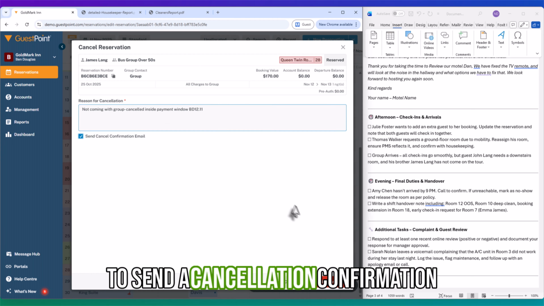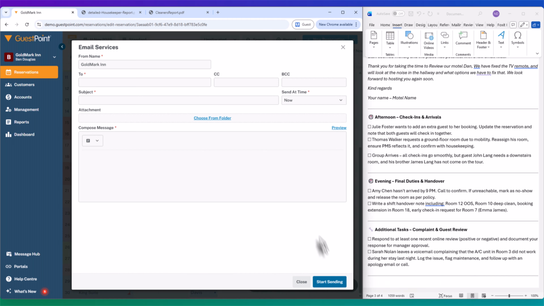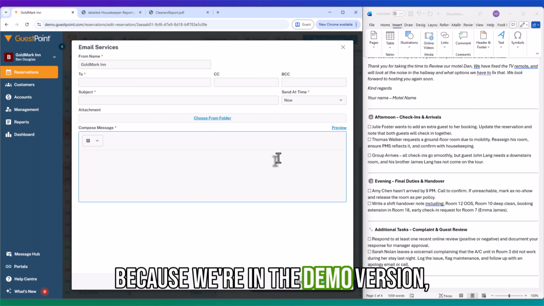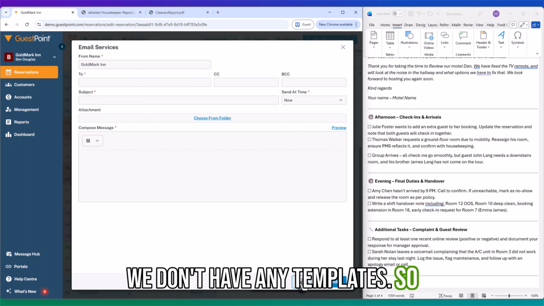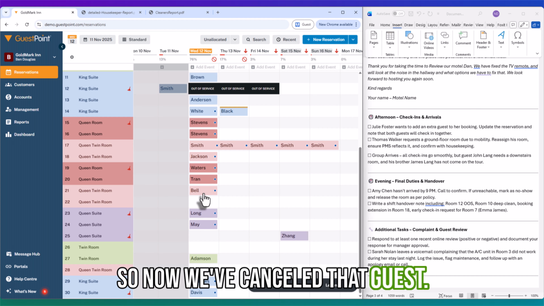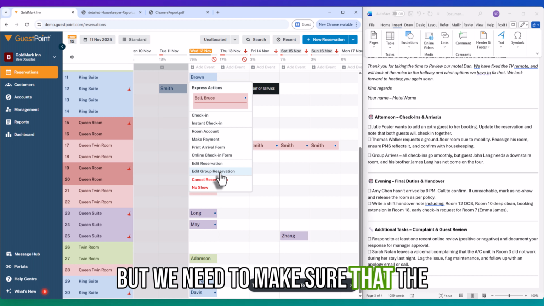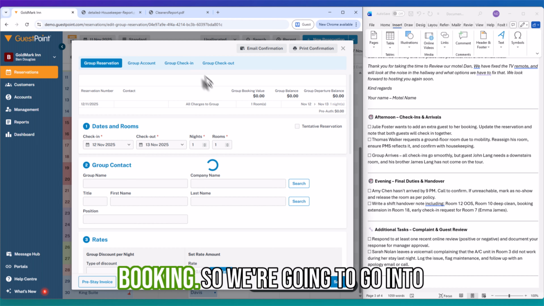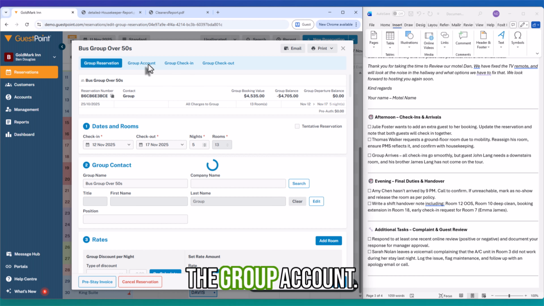And we're going to send a cancellation confirmation email to the group. Because we're in the demo version, we don't have any templates, so we're going to close that one down. So now we've cancelled that guest, but we need to make sure that the group is still charged for his booking. So we're going to go into the group account,